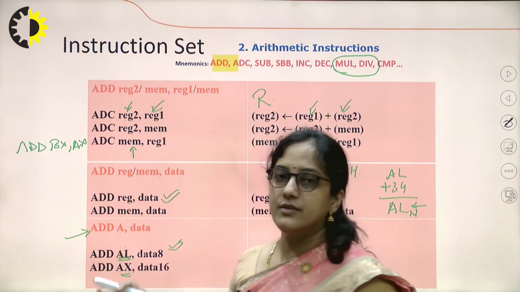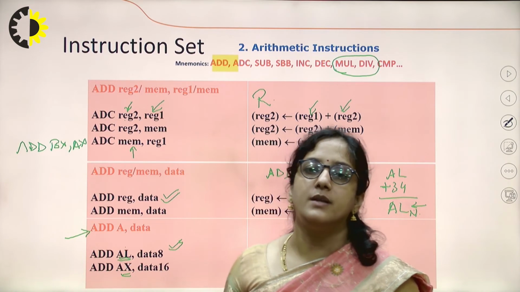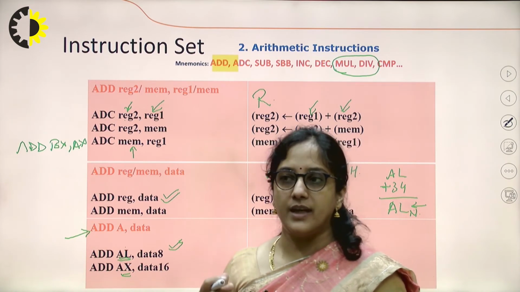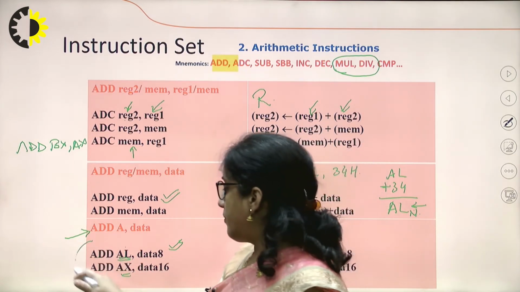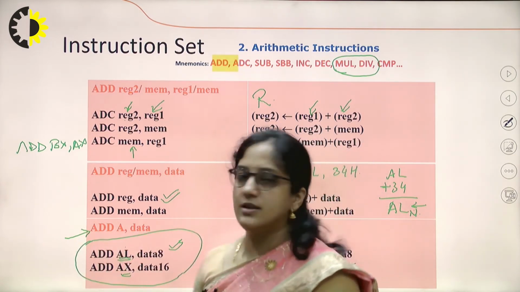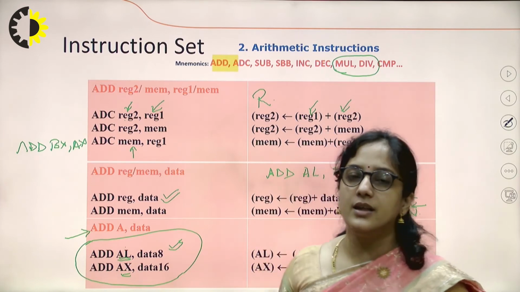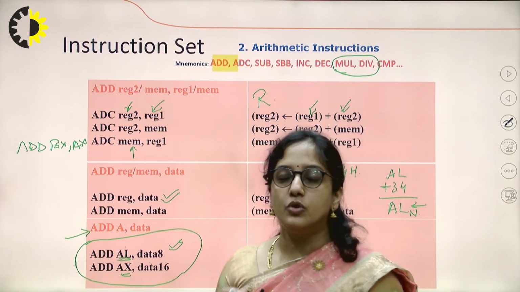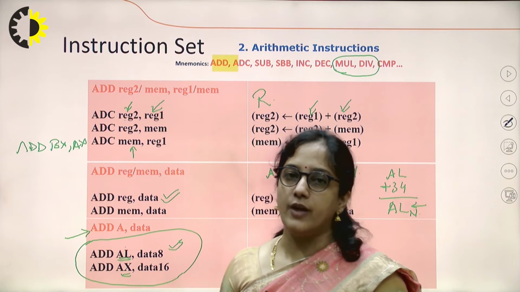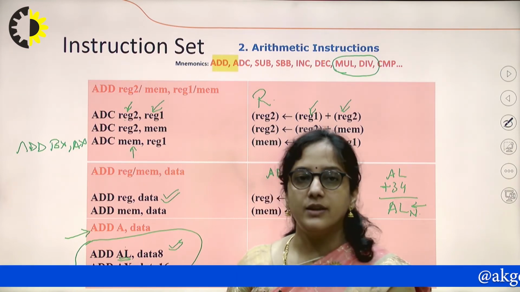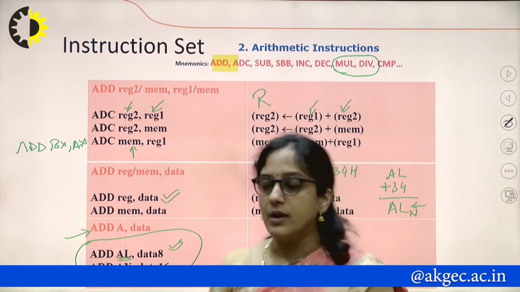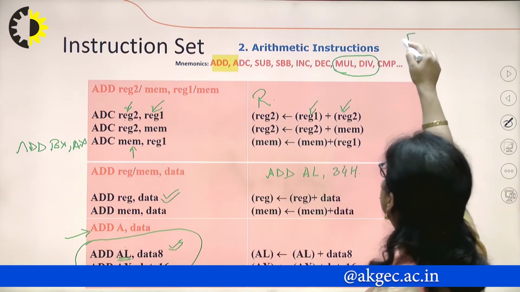So mostly in our simulator which we are using in the lab, or the experimental kit which is available to us, we are mostly going with this configuration only, that the accumulator is used to store the result after addition. And also you have to keep this in mind that whenever an arithmetic operation is performed, the content of the flag register gets affected.